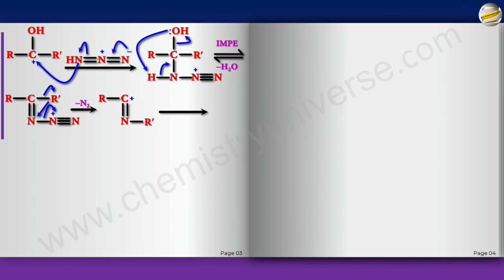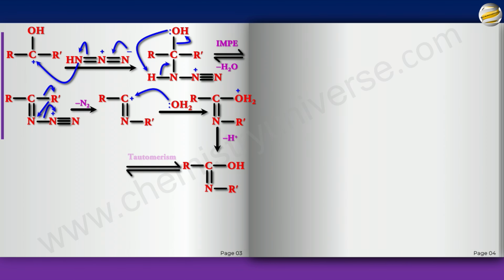And this we know, very similar to what you got in Beckmann. So water attacks the carbon, you get this, and the H will be released, I guess, and now the H will shift to N, or you can say tautomerism, and you will get this amide. So again, if you were to ask yourself, okay, which of the R's is going to the nitrogen? The one that would be opposite to this leaving group. Right now I've not made it, but the one that is opposite to the leaving group is the one that will shift to the nitrogen.